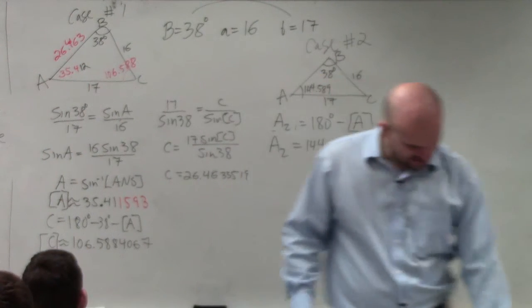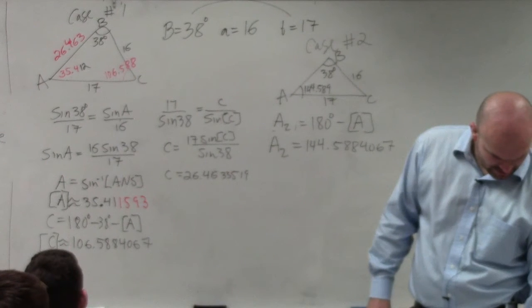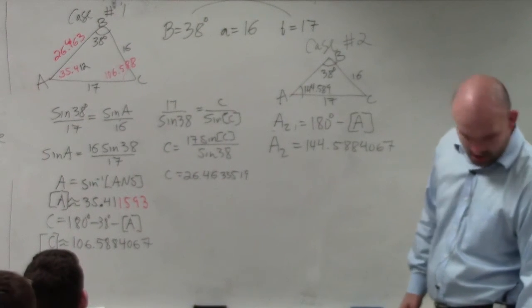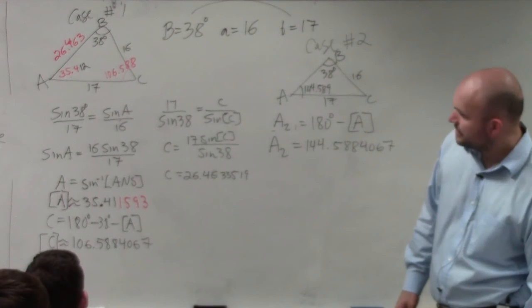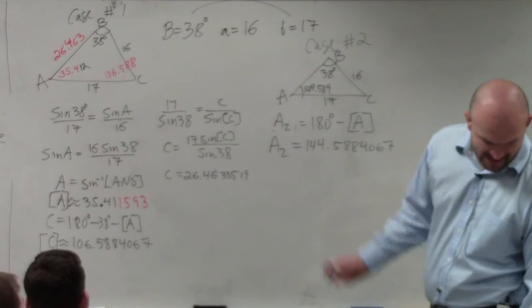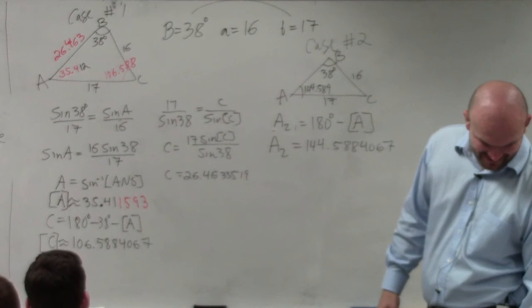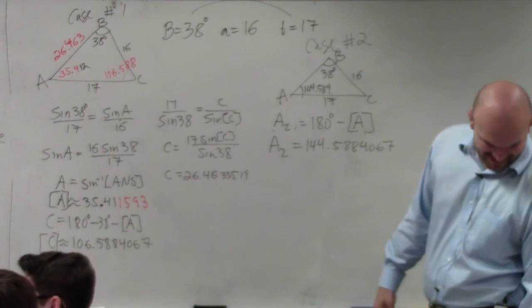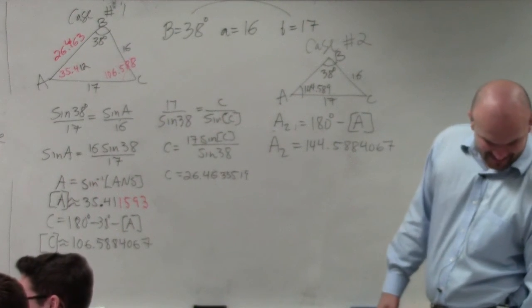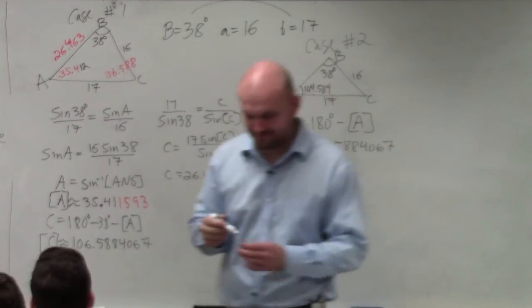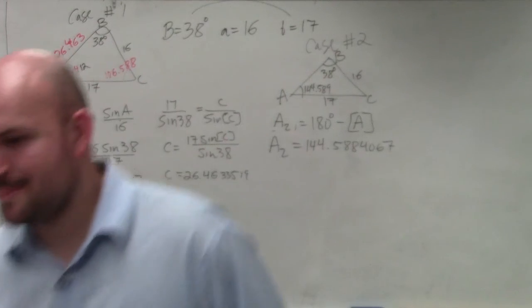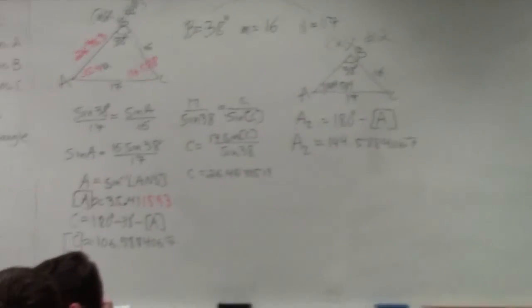Which I thought this problem, unless I wrote it down, b equals, oh, I wrote down the wrong, wait, I did 20, right? b equals 38. Crap, I wrote down the wrong answer. No wonder. I didn't do number 20, no wonder. I did number 19. You guys didn't say anything. But anyways, you guys can see that this only has one case, right? Nobody said something. I said I was doing number